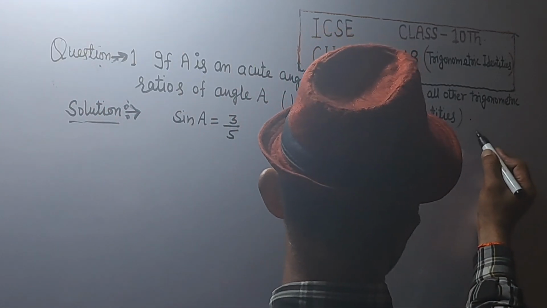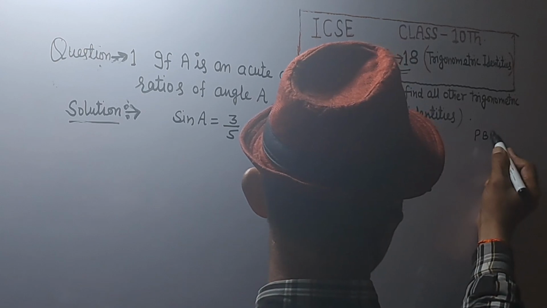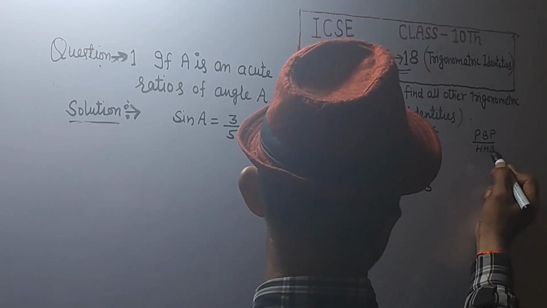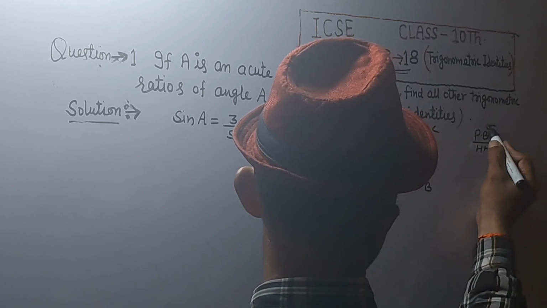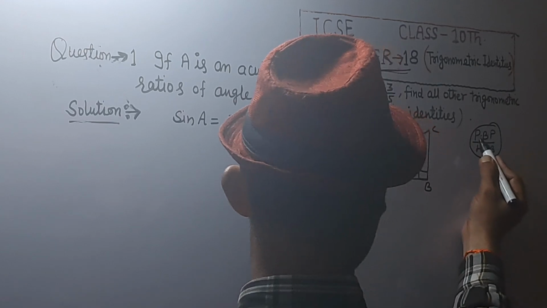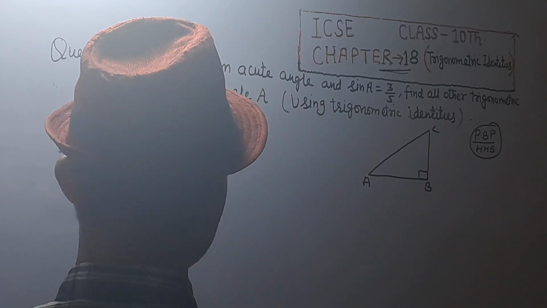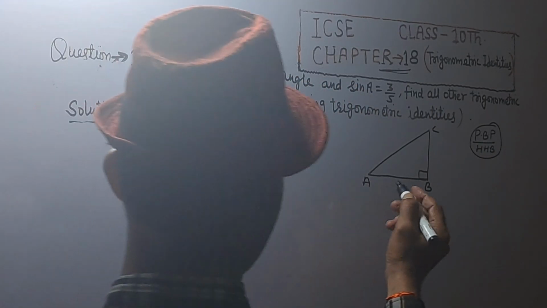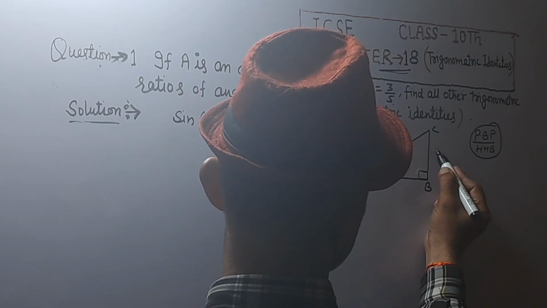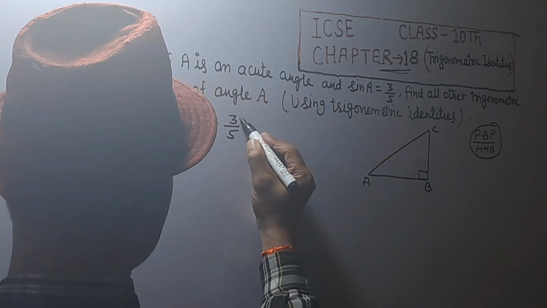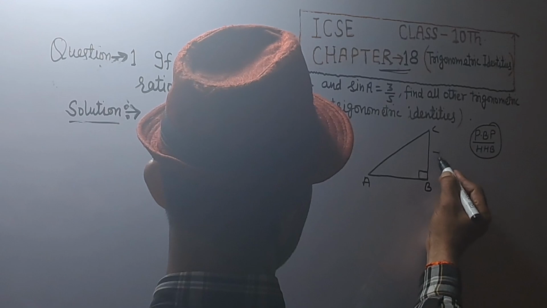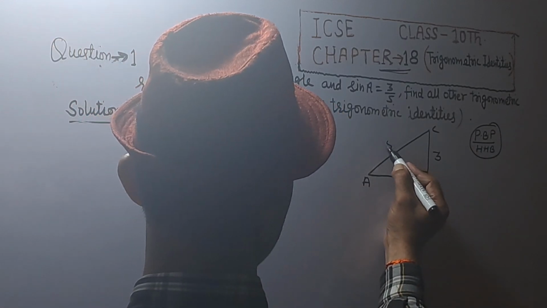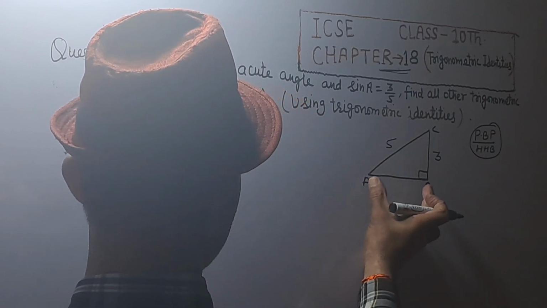We know that perpendicular upon hypotenuse is equal to sin A. Perpendicular is 3 and hypotenuse is 5, and we find the base AB